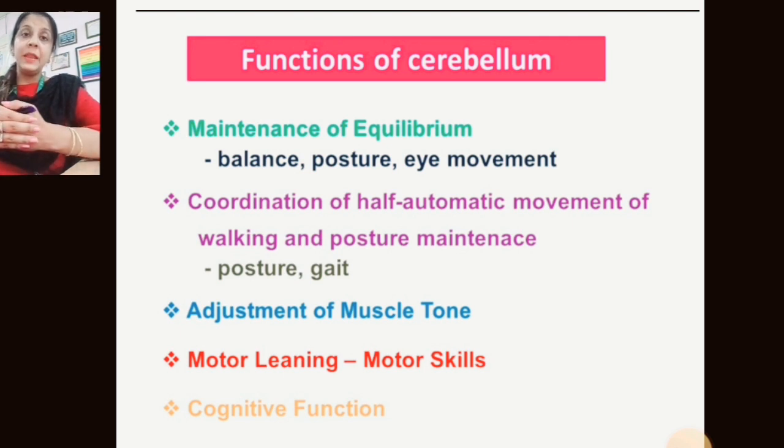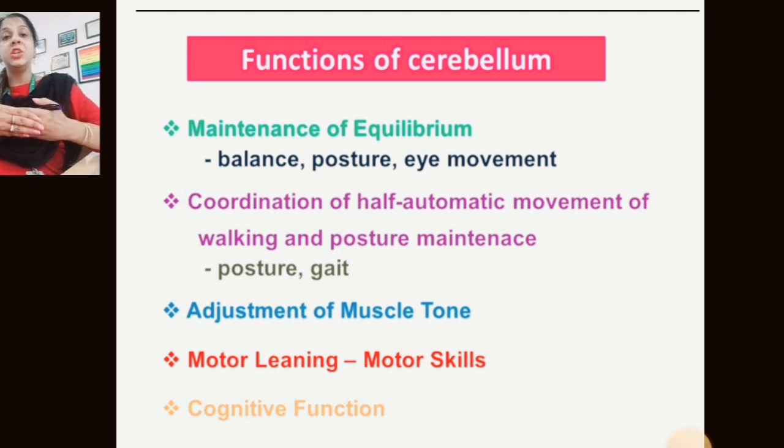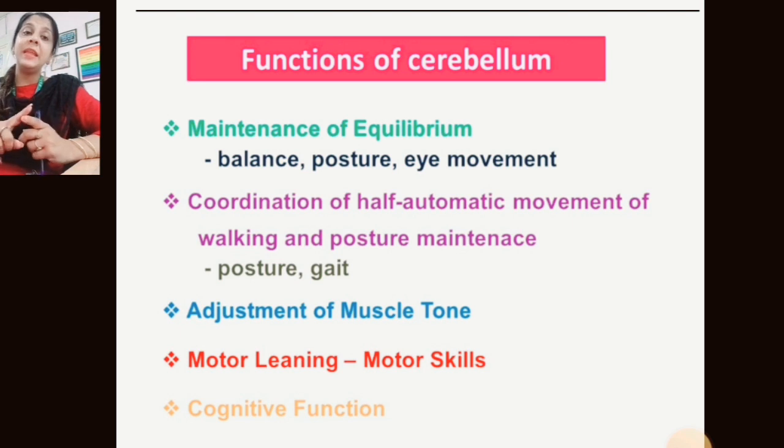So proper planning: what distance is judged by the cerebellum, what movements are done from the initial to the ending, the termination of the movement to pick that glass, hold it and come back to the initial position. All that is done by the cerebellum, that is the planning and programming of the movement. If there is any lesion in any region of the cerebellum, equilibrium gets hampered, and later balance, posture and eye movement get hampered. Because vestibular nuclei, eye coordination, posture and balance are all coordinated by the vestibulocerebellum.